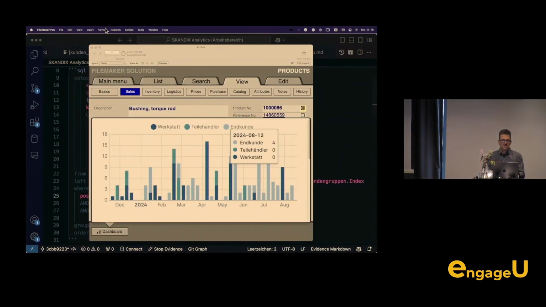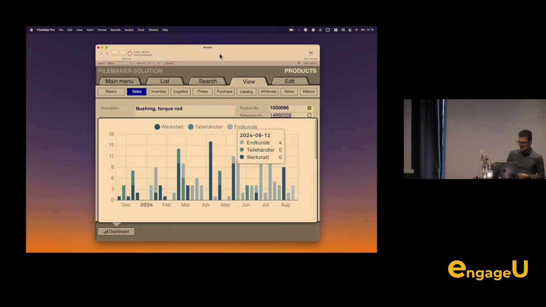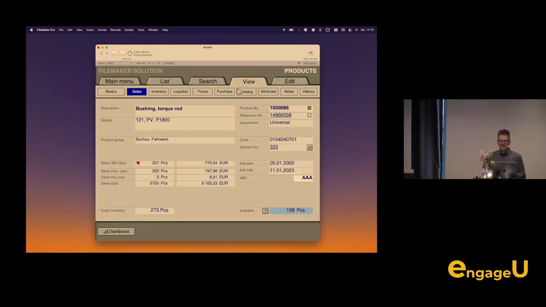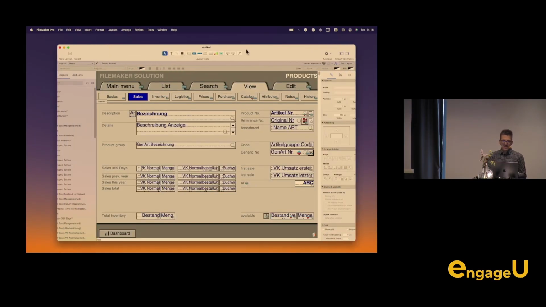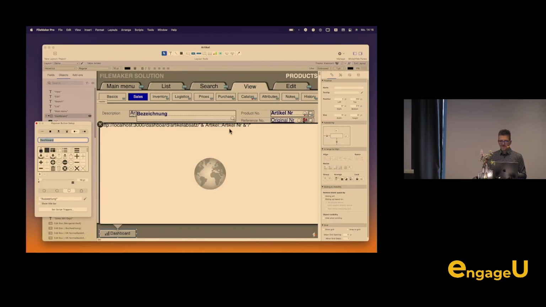Okay, here's the screen. So this is a products file. It lives there in the solution for 25 years now, so don't mind these old style GUI here. It survived a lot of iterations and versions, and what we see here is a standard FileMaker layout, and I just added a pop-up button here, and the pop-up button, when I click it, it provides as a view of